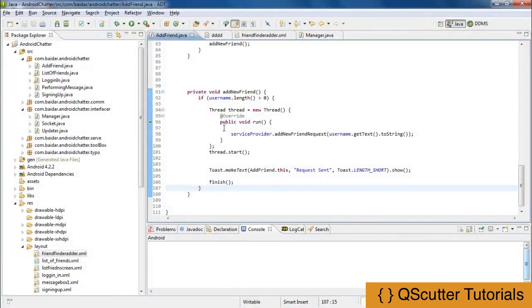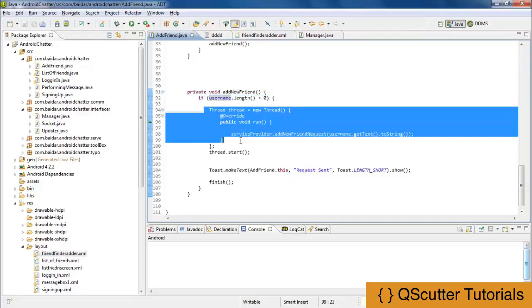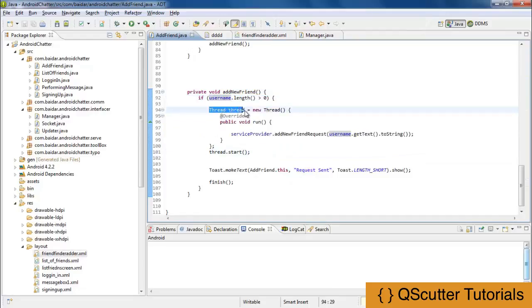So now I've successfully coded the addNewFriend method. Let me discuss it. I've provided an if statement in which username.length is greater than 0, which means that if someone types in something in the username edit text box, then perform this action, which means that I have created a thread to execute and handle that when a user enters something, and it will be a new thread. And then inside the run method, I'm going to use the service provider